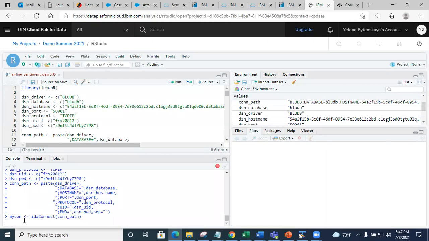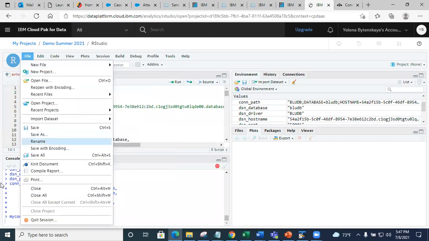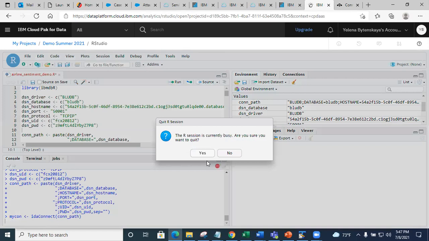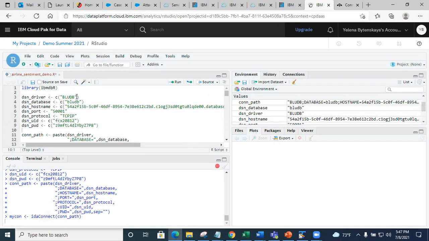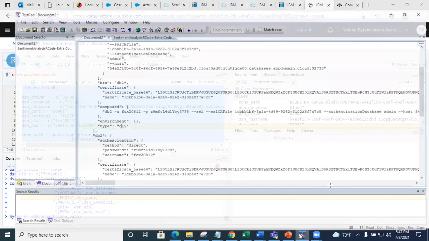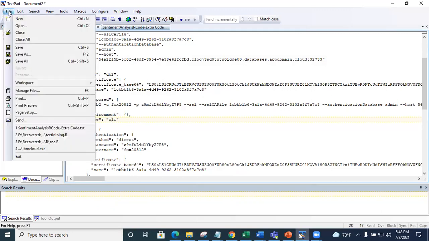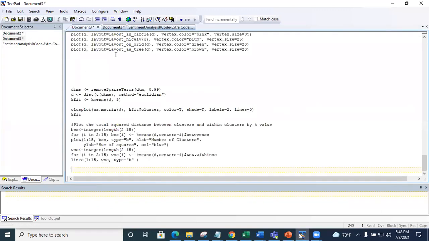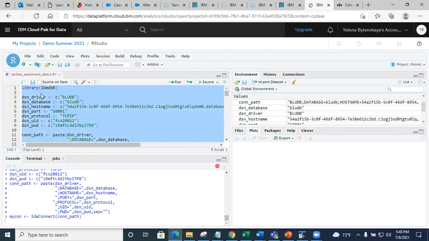Go without saving if you can. I know we'll have to copy paste it again, so before you do that, just copy paste it into a notepad or somewhere so that we can paste it back here in the R code. I did not know that this would turn into a troubleshooting session. Guys, it's okay.